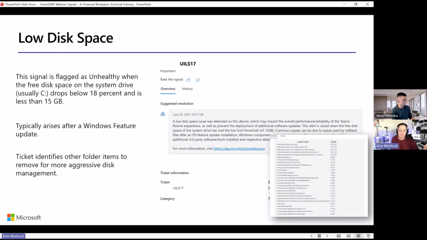But usually it's the bigger Windows feature updates when they write to a .old file, right? Because once Windows tries to update itself, it does copy itself over, so it has a recovery path. That can take up a great deal of space. And if you don't have a lot of extra room on the device because of other things, then you can get into this low disk space